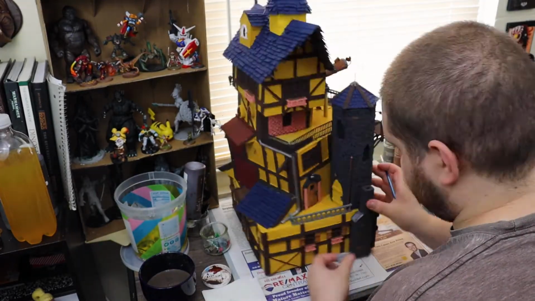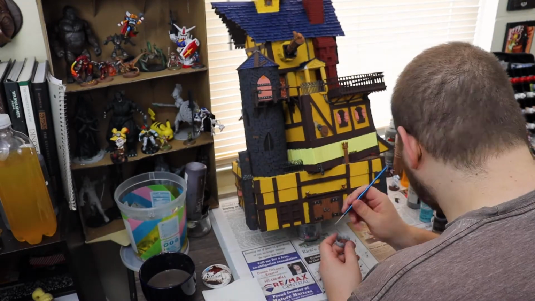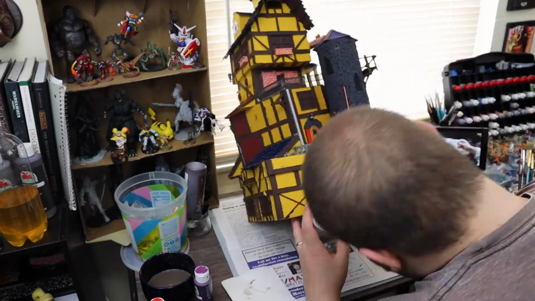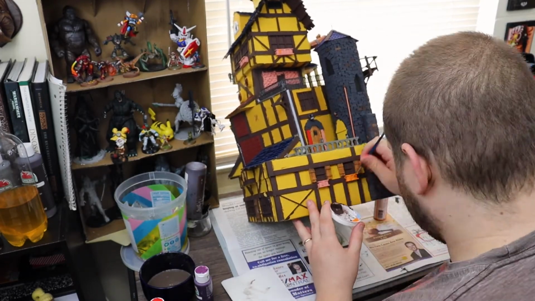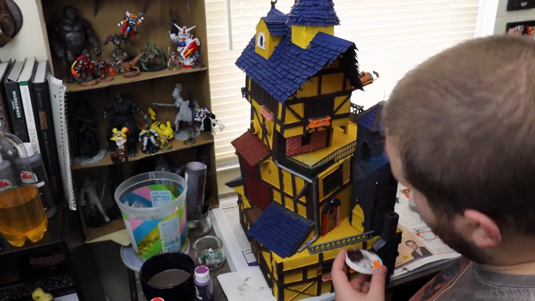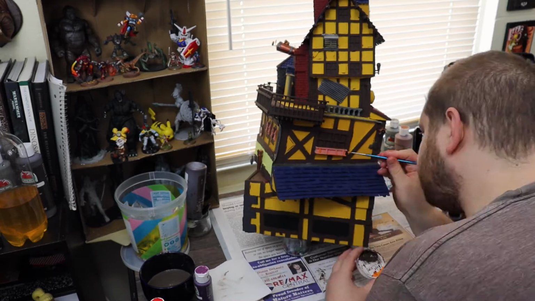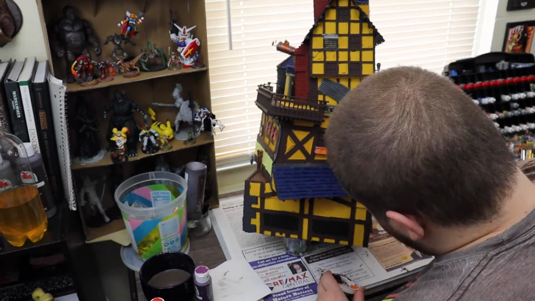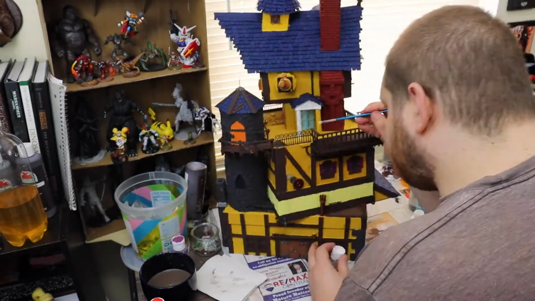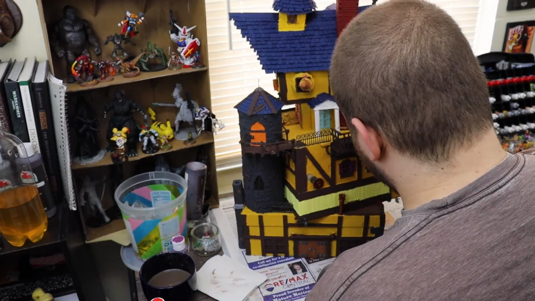And then at this point it's just a long, slow process of doing multiple coats of paint, cleaning up when I paint over something, deciding what bits are going to be orange or purple or other little bits like the door at the porch. I decided to go with a light blue. I'm just getting little bits, one thing at a time. Finally, once pretty much everything is at least base coated,